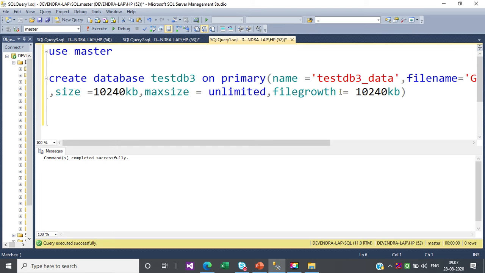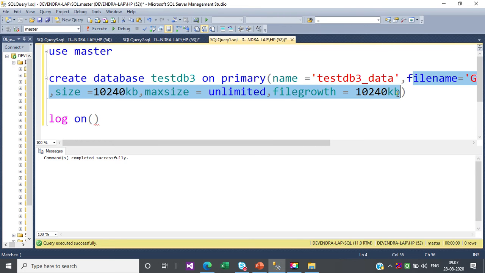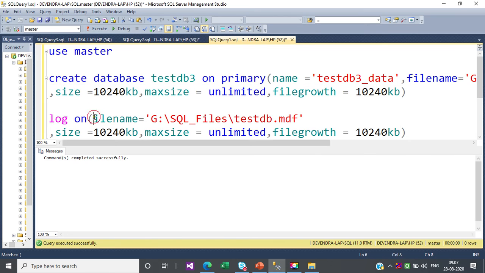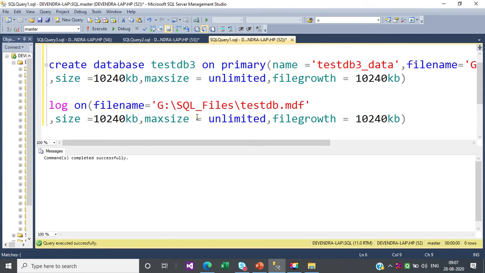So below that we can continue for the log data file, and our syntax is LOG ON. Again we will specify the file parameters like file name, size, growth. I am just copying it for time saving purposes. Let's say file name.